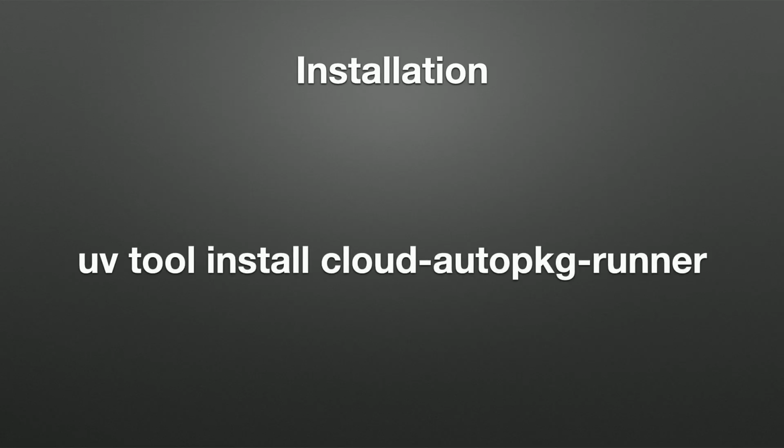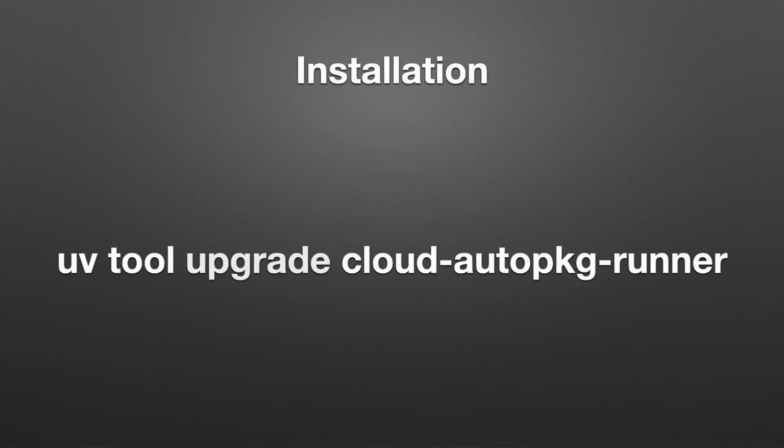If you want to run it as a command line tool, the easiest thing to do is uv tool install. This command will create it as a legit binary on your machine. It's also super easy to upgrade, uv tool upgrade. So the cool thing is that uv handles all of the dependencies that it needs as well. So it will make sure all of that stuff is maintained every time you need it. You do still have to specify those optional dependencies even when you do it with uv tool upgrade or install.